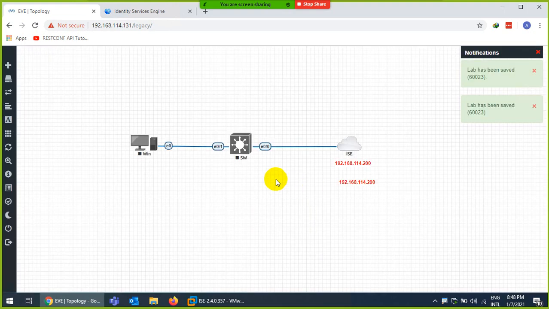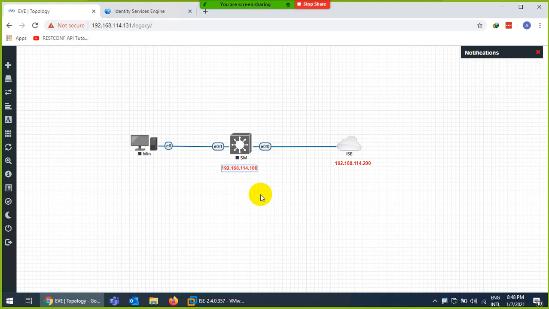Now I will decide to assign an IP to the Cisco switch. So let's assign the Cisco switch 100 from the same range to VLAN 1. The PC will get its IP through DHCP. So this is the simple topology we are using.